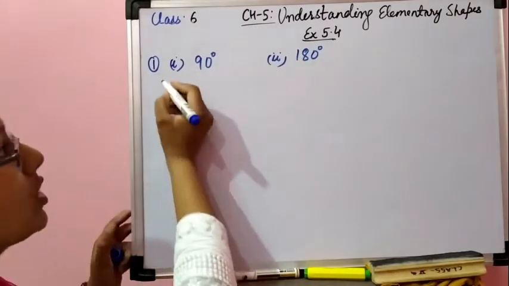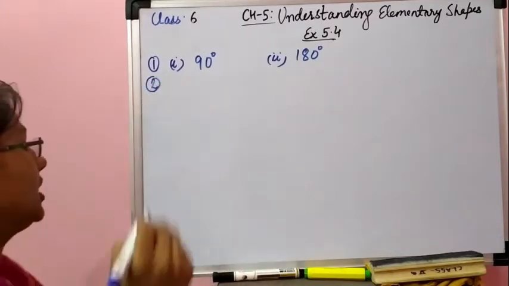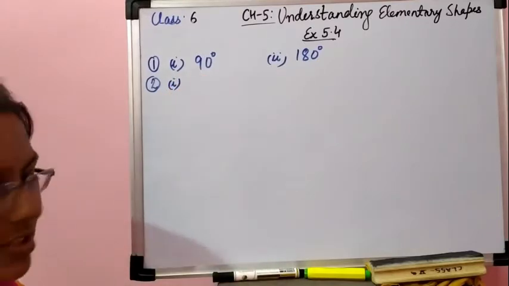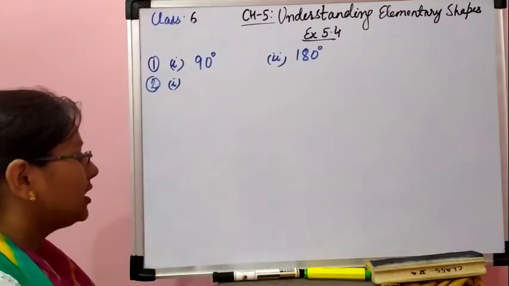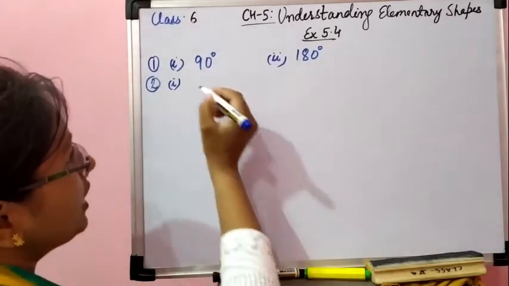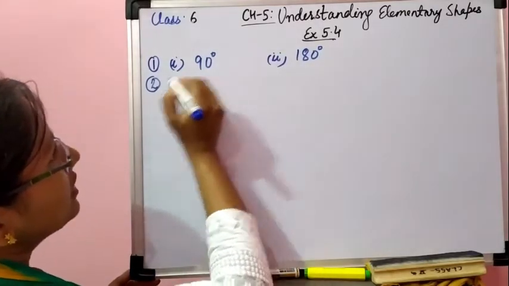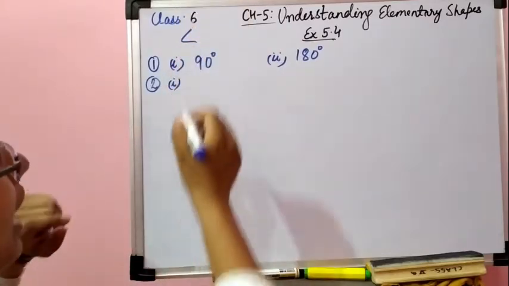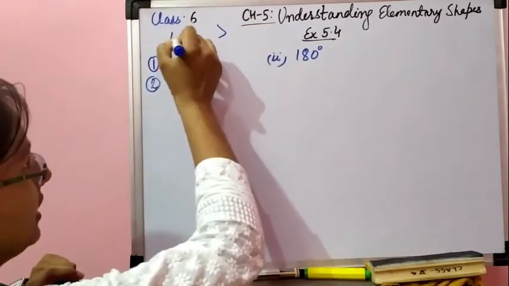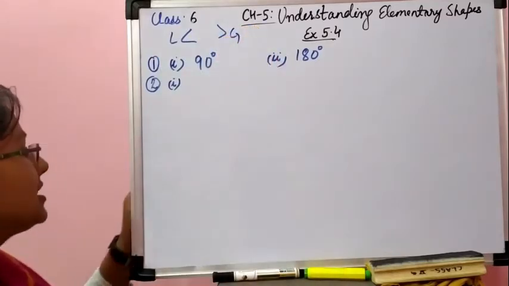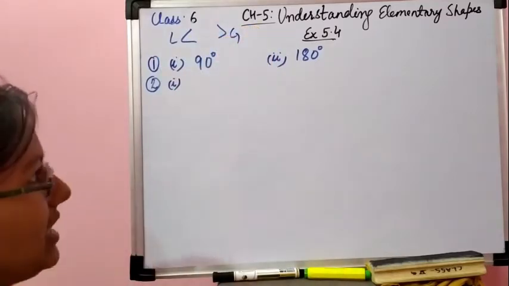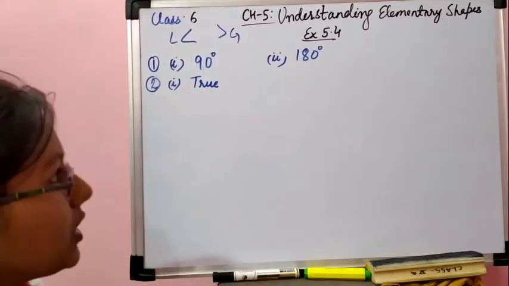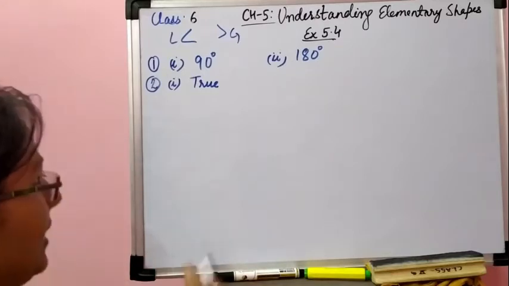Now moving to question number 2. The question is true or false. True or false आपको बताना है, statement को पढ़ के अच्छे से समझ के. The first part is the measure of an acute angle. Now this symbol is given. This symbol is for less than. And this symbol is for greater than. So they are saying that the measure of an acute angle is less than 90 degree. Yes, absolutely true. Acute angle छोटे से acute से होते हैं. So they are less than 90 degree.